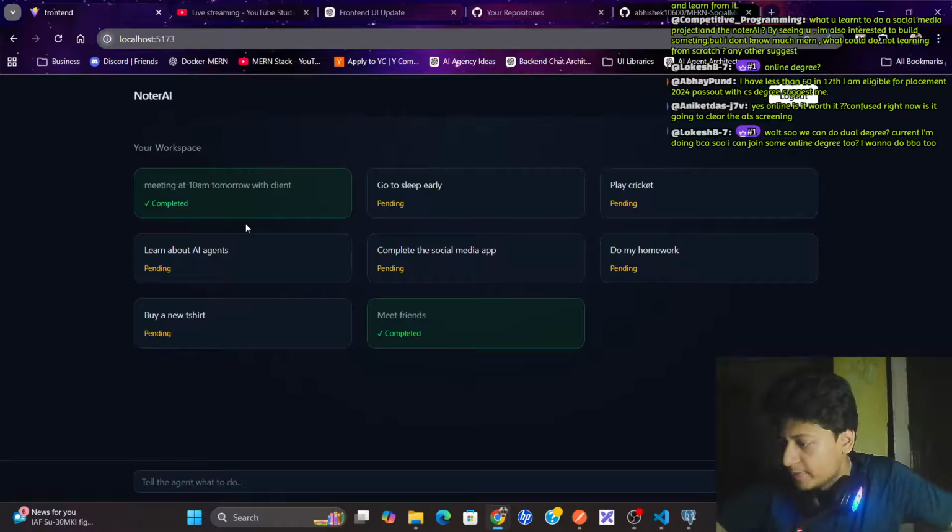Makers man, MongoDB is free. Yes, actually, I created my own instance of a MongoDB server inside my server. I have not used MongoDB Atlas. I have installed MongoDB as a Docker image inside my server, so it is free. Bharat, future of a Java backend developer? Future is good. MNCs are using Java, so yeah, it's good.